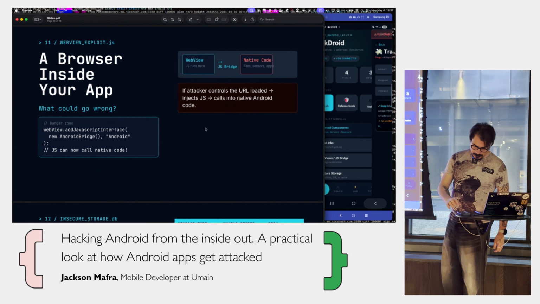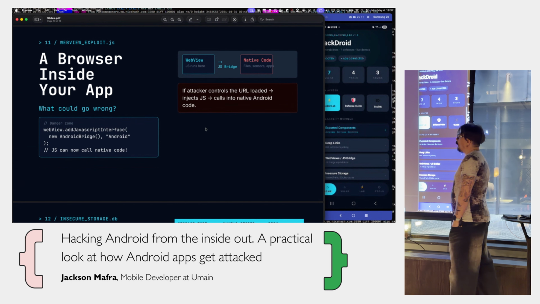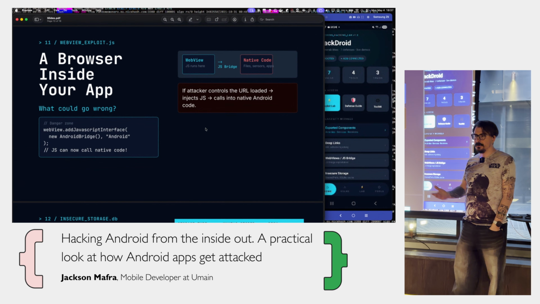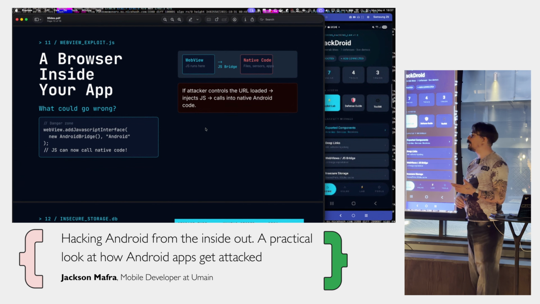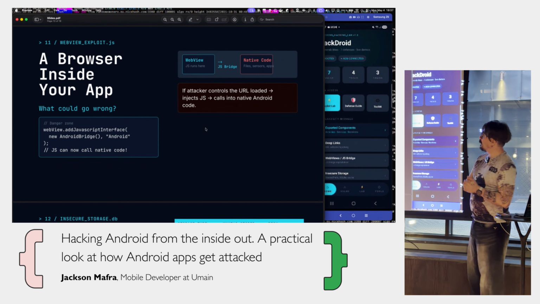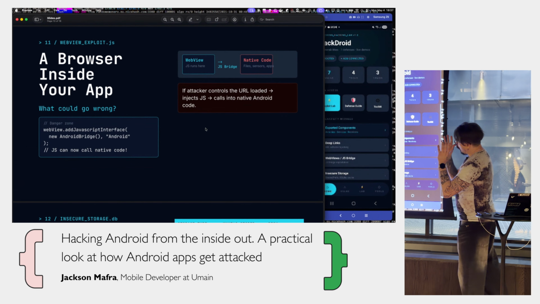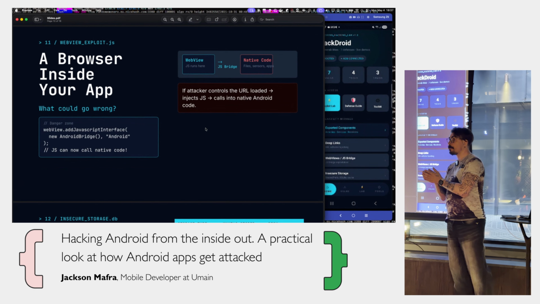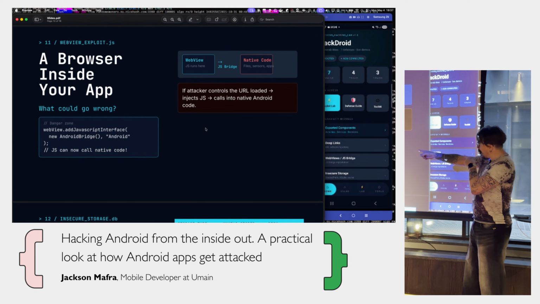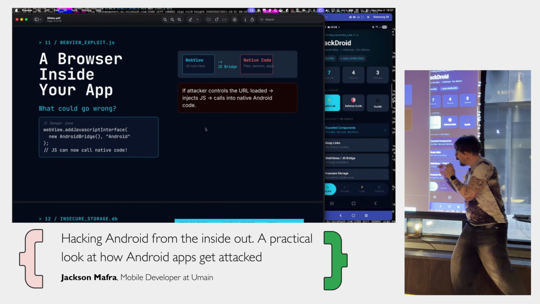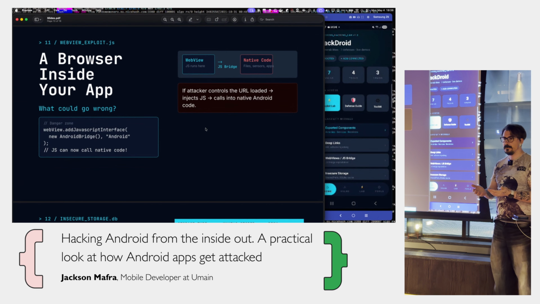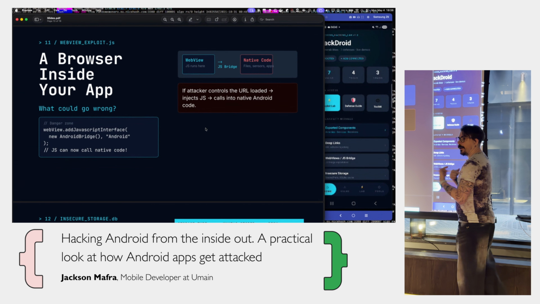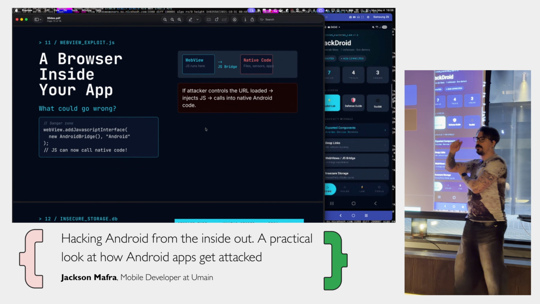This guy here is more tricky. When your app has a browser inside, for some reason, to show some dynamic content or promotion or whatever, the problem is that a WebView is a full browser engine inside your app. When you register an interface, I can run any JavaScript code there. So if I take control of this, I can do this with freedom. I can replace a URL,